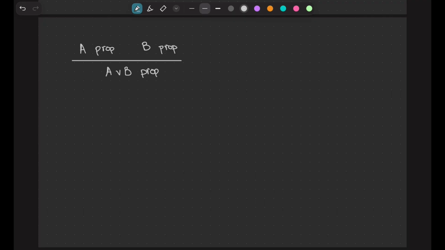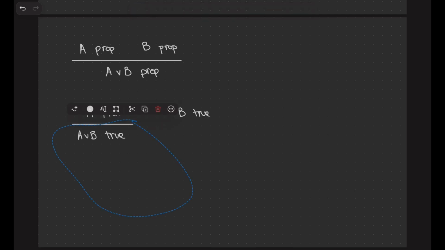And how do I introduce it? I have two ways to introduce it. Either knowing A, I can say that this is enough for me to say that I know A or B. Or knowing B, I can deduce the same thing.